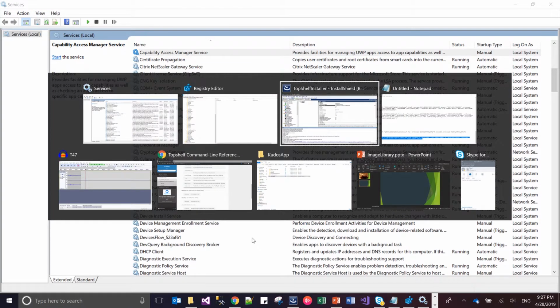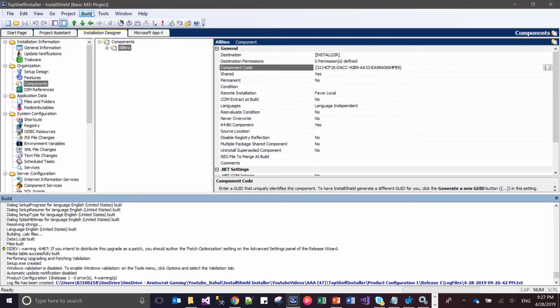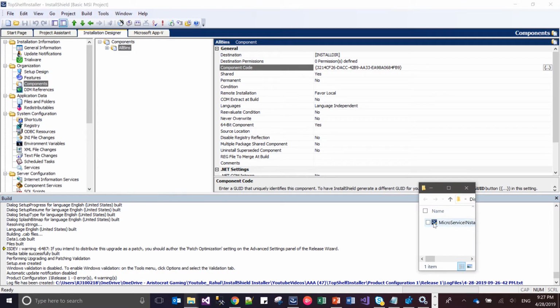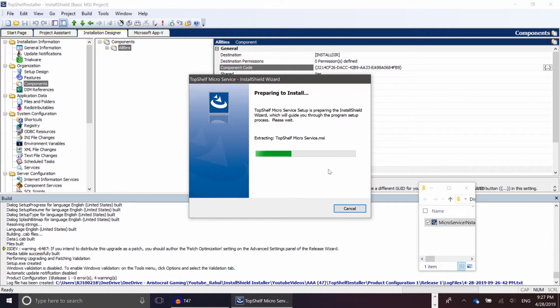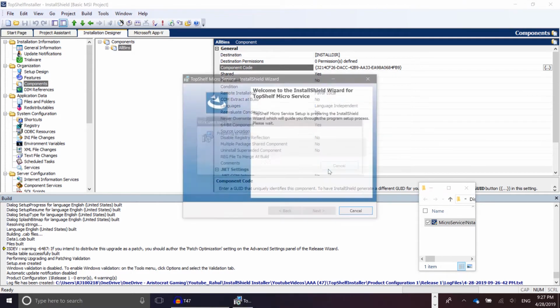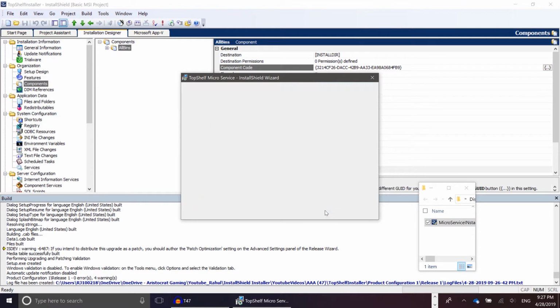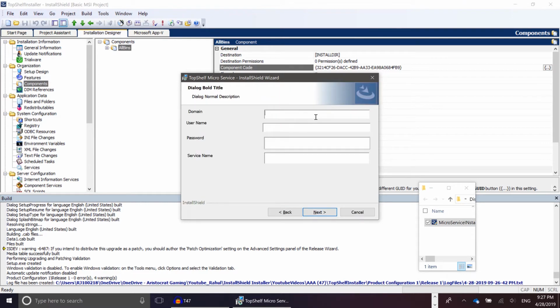So let's try to install the application. It's my micro installer. Next, providing the domain,